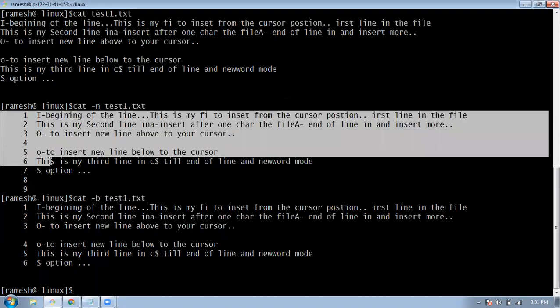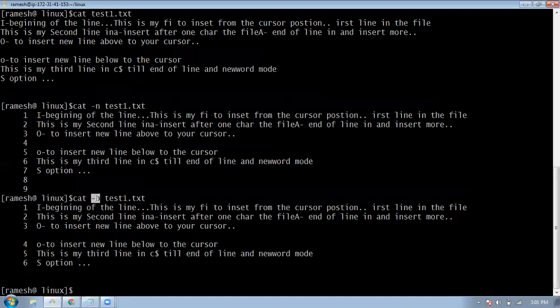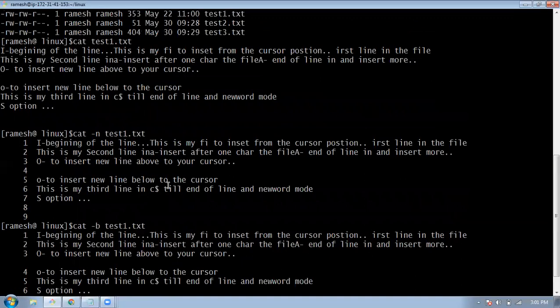However you want, you can choose your option, either -n or -b. And these are the important options for using the cat command.